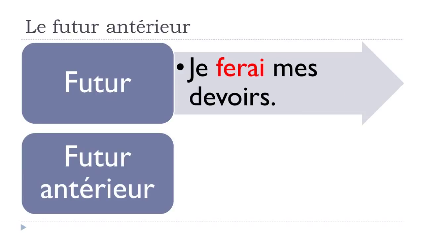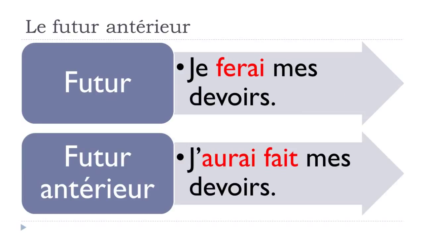And if we've got the same sentence, but at the futur antérieur, it will be like j'aurai fait mes devoirs. If you want to translate it directly, here, I will do my homework, and then here, I will have done my homework. So if you feel the difference in English between the two sentences,